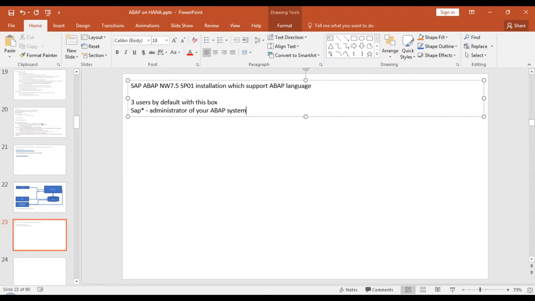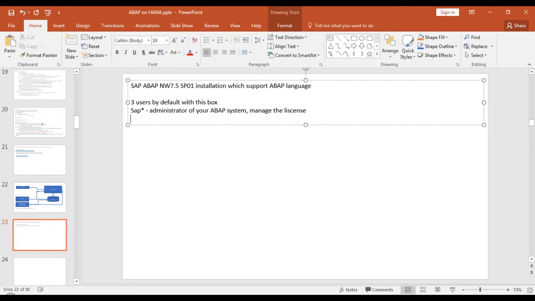He will be the super user and has all the powers in the system. With this user you can create other users. If you have worked in SAP basis, you can apply all the features you know from basis using this user. This user will also manage the license in the system,